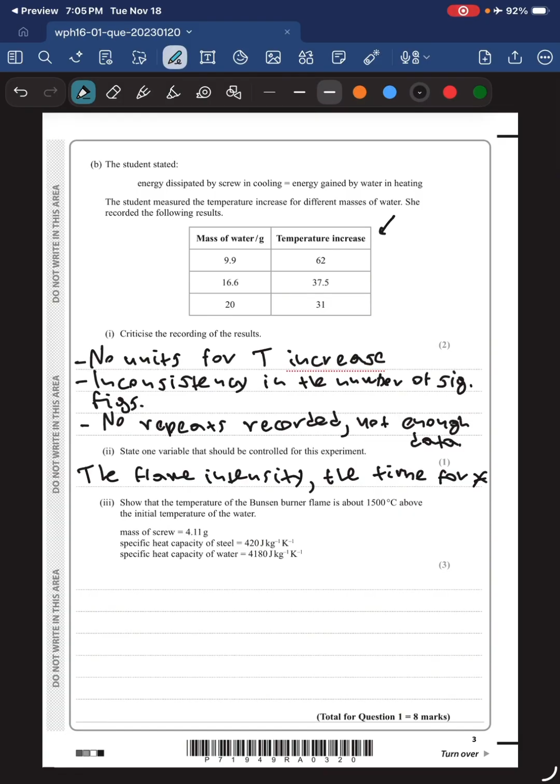Okay, let me think about how to work this out, because I solved this test a couple of days ago. So if we use the specific heat capacity of the steel times the mass of the steel times 1500, okay,